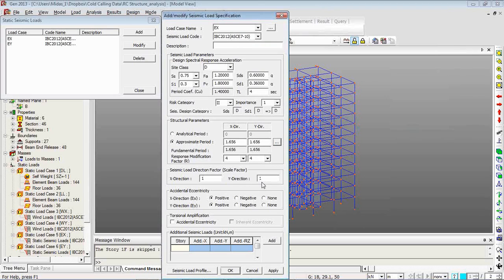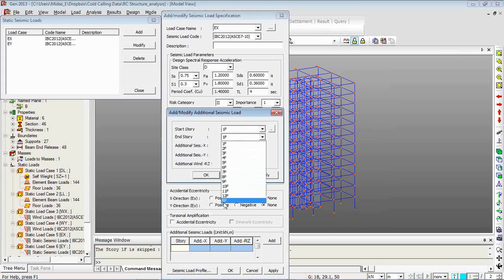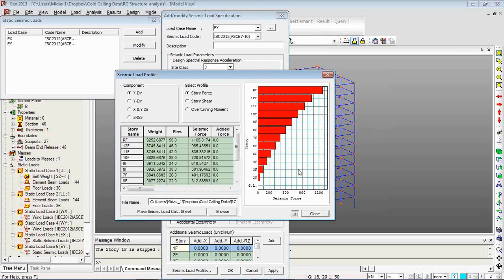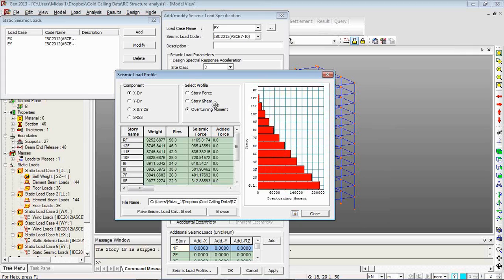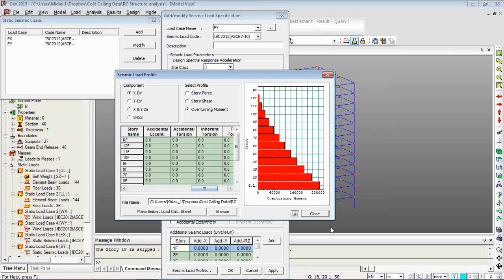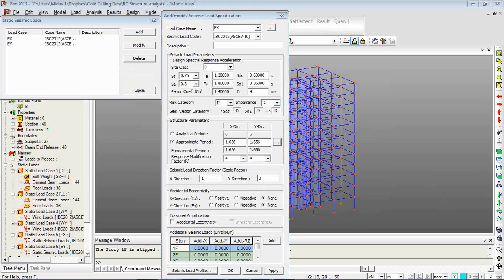So here also you can change the eccentricity. Since this is in the X direction, I don't want to give an eccentricity, so I'll change it to 0. And I select the story, click on OK. And this is how my seismic load profile will look. You can see on your screen that the story force, the story shear, as well as the overturning moment are provided to you in a graphic as well as in a tabular format. By clicking on close,